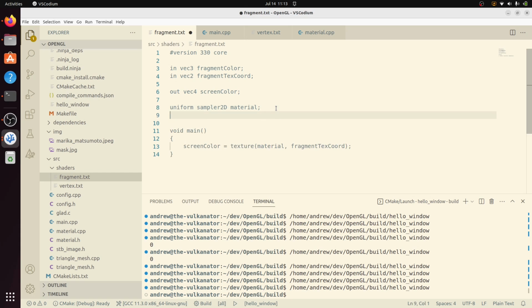So what I'll do is I'll define this in the texture and we'll work out from there. So we have this material. We're also going to have another sampler called a mask. And what we'll do is,